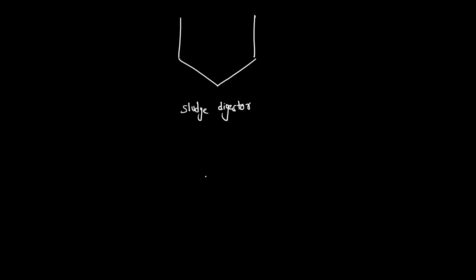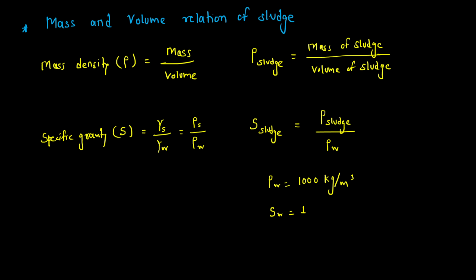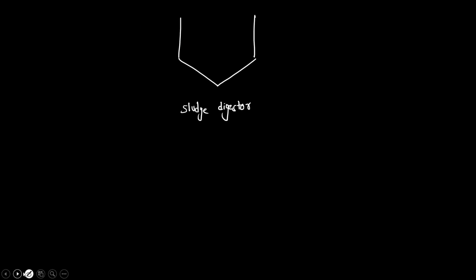What is a sludge digester? A sludge digester is equipment which is used for the digestion of sludge. We have seen sludge digestion in the second point, the second process, anaerobic decomposition. Same thing. Now the sewage comes into this sludge digester,